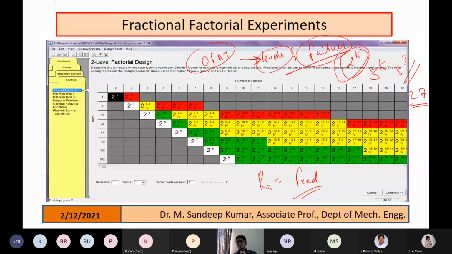If someone has told me, my supervisor or my senior has told me, or the paper has done it, that's like bluffing ourselves. Instead, we should see whether our experimentation fits the design. We shouldn't force fit the design. All of this we'll deal with in the afternoon session. So we have gone through one factor at a time for fixing the levels, 2 to the power of k factorial designs for knowing which factors are affecting, full factorial design, and, apart from that, an introduction to fractional factorial design.